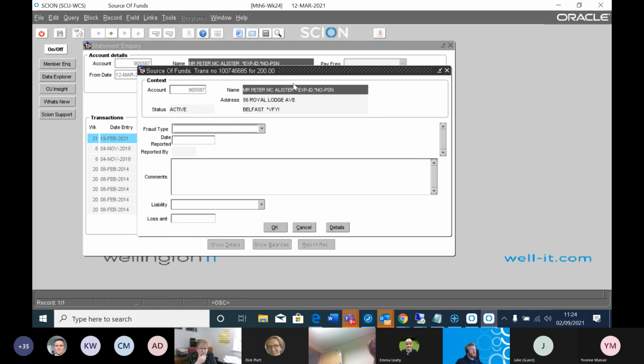It's pulled in the member's account number, their address, all that detail, and basically you start to fill out the form in Scion. You can select what type of fraud you want to put this down as. This is looking back at the previous screen that we were on, which was fraud type maintenance. So these types are now showing up in here. So we'll do website fraud. It'll default the date that